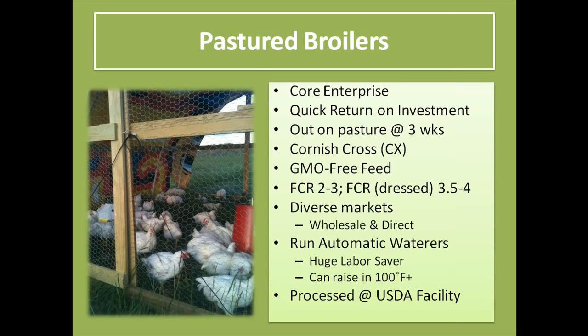it's also what the consumer's used to seeing, which can be an issue if you try to do some of the older breeds, in that it can be really off-putting if the customer isn't educated on the subject. And so we get a feed conversion ratio, that's the FCR, of around 2 to 3 to 1. So that means we put 2 to 3 pounds of feed into the bird,